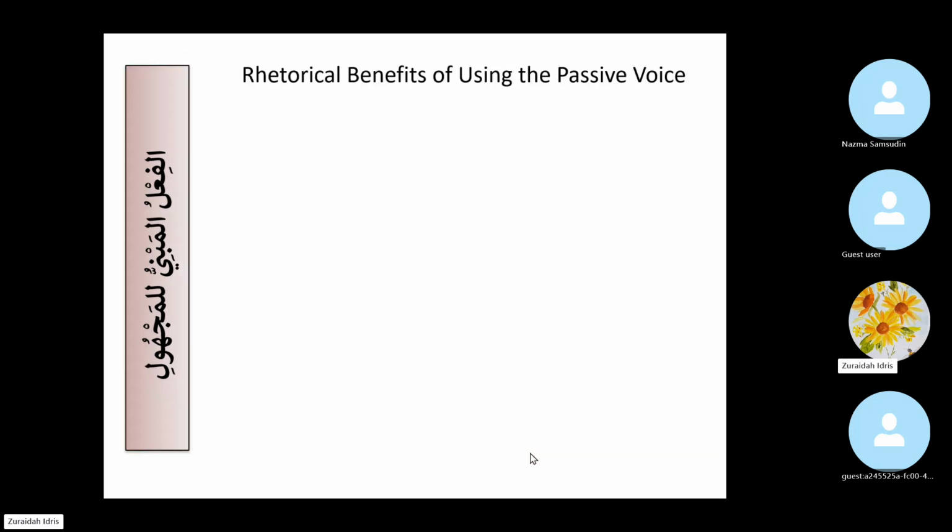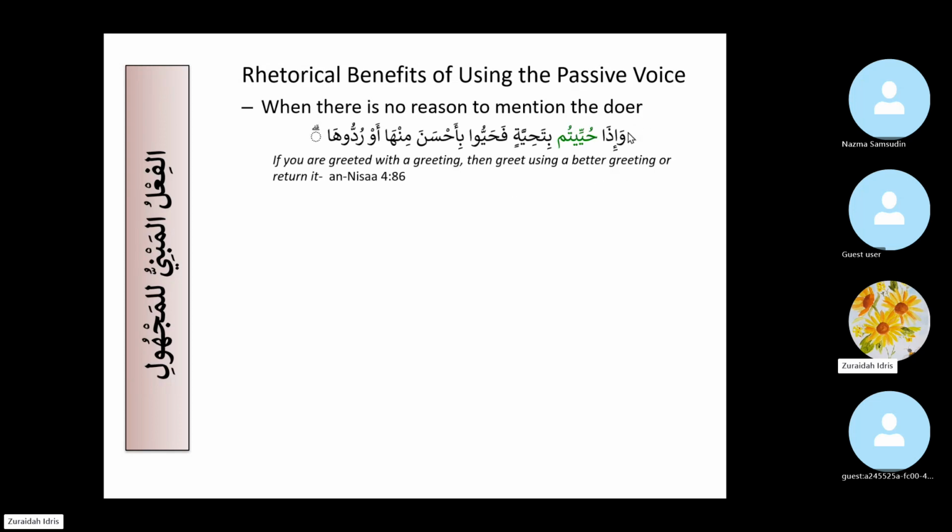All right. So why do you want to use passive? Because there's no reason to mention the doer. Like I said, you already know who the doer is. Yeah. وَإِذَا حُيِّيتُمْ بِتَحِيَّةٍ. So sometimes